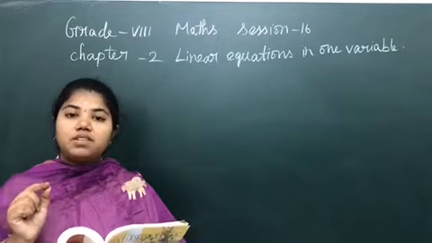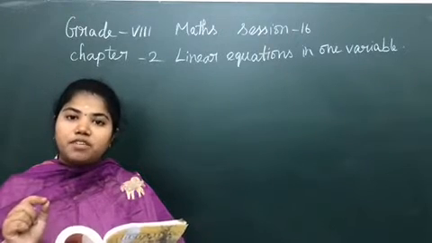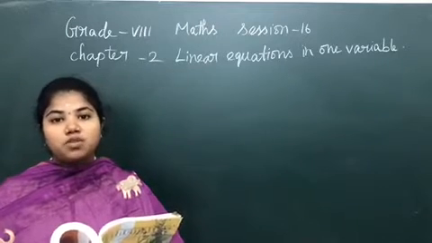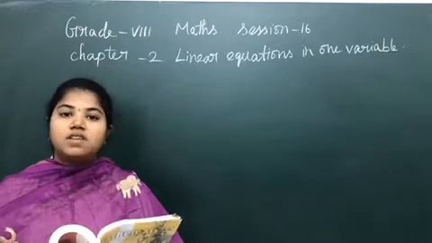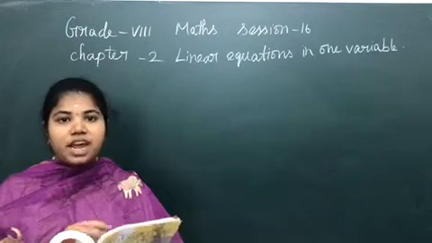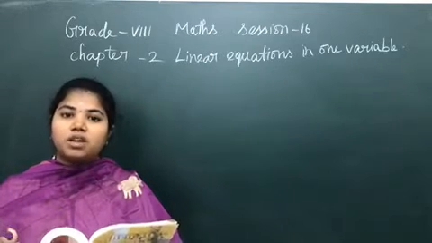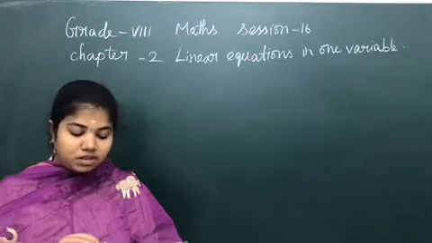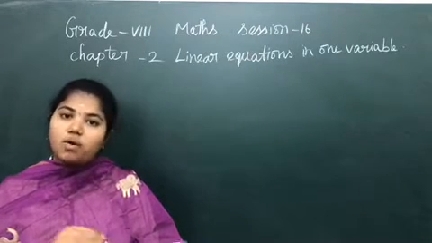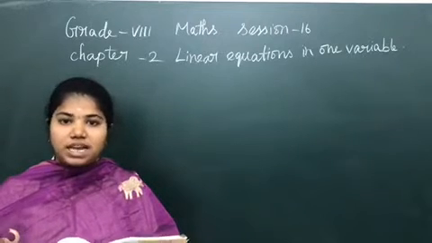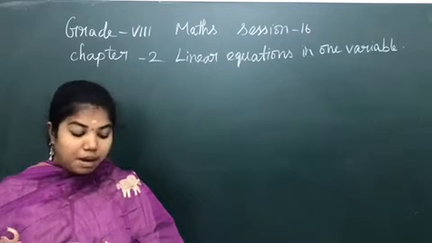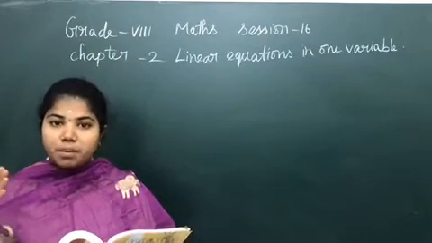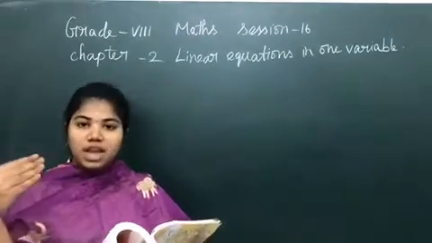And if it is a consecutive multiple of 2, it will be 2x, 2 into x plus 1, 2 into x plus 2, etc., and it goes on, right? Likewise for multiples of 8, we have seen 8x, 8 into x plus 1, 8 into x plus 2, etc. Now what is given here is three consecutive integers taken in increasing order. So x, x plus 1, x plus 2 is the increasing order. Next, multiplied by 2, 3 and 4. Every individual number is multiplied by 2, 3 and 4.